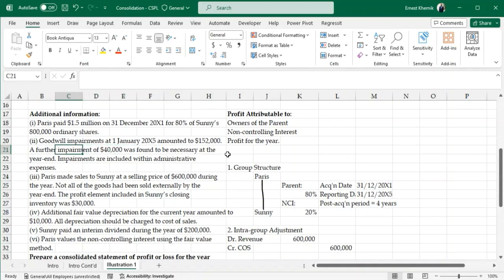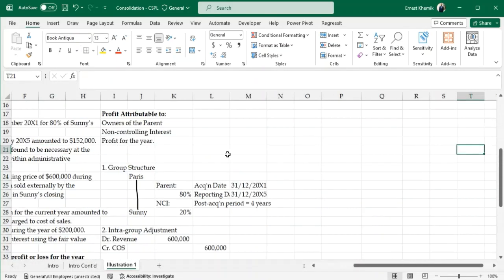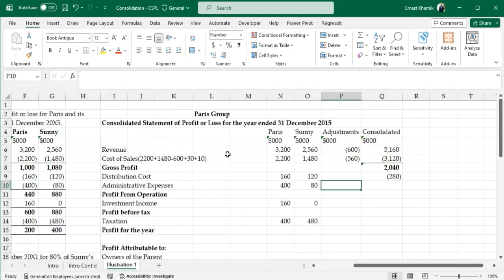So that is it. This 40,000 is to be included within our administrative expenses. So what we've got there is that we are going to add the impairment, just as we add depreciation, we are going to add the impairment to our administrative expenses. I hope you got it. So we will come here and then we'll have a 40 here